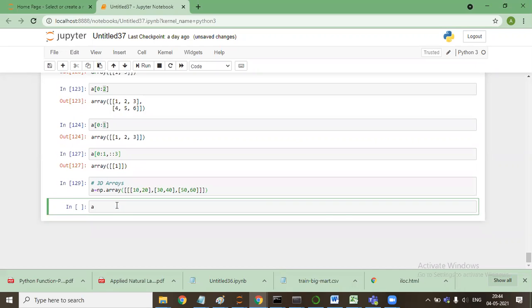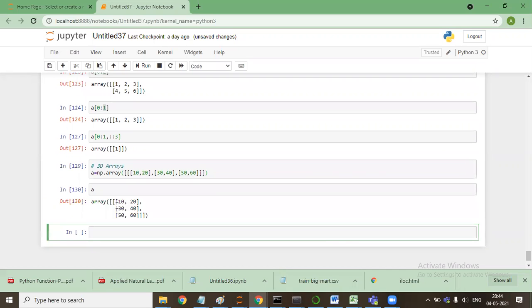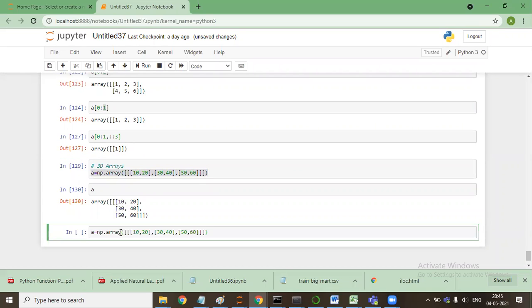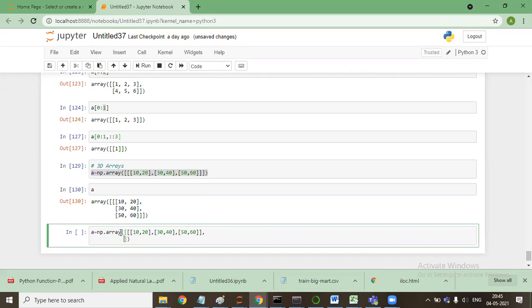I'll say A. So now it is coming as A, so how to make it? Let me tell you. We create a comma here, and this is the first axis that we have made.